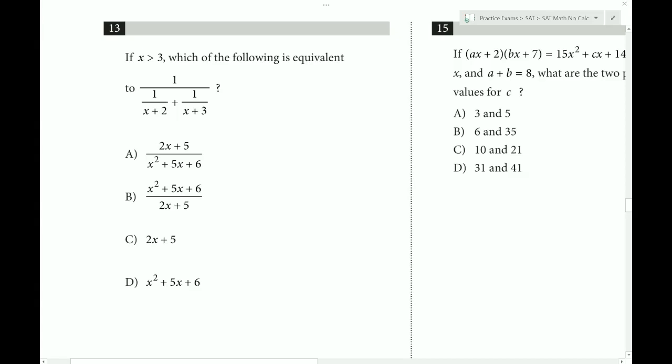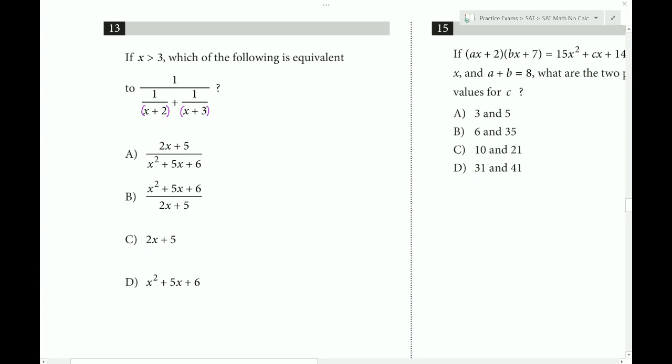Okay, question 13. If x is greater than 3, which of the following is equivalent to this? Right, so the first thing I would like to do is to combine these two separate terms into one. And the way that I do it is via a cross multiplication. So we keep in mind that anytime we have a binomial in a fraction, we always want to put parentheses